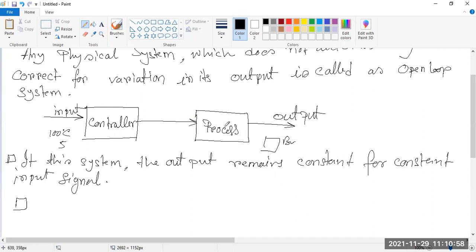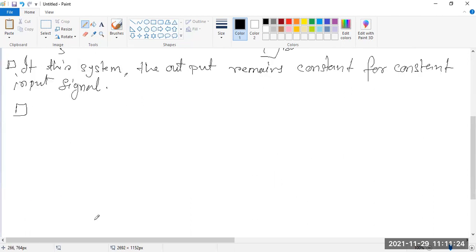But in closed loop control, if you change your input, then your output also changes. But in an open loop control system, you don't change this as per the time cycle, because once you set 100 degree centigrade for 5 minutes, the process goes on until the system is switched off. Okay, and then next is